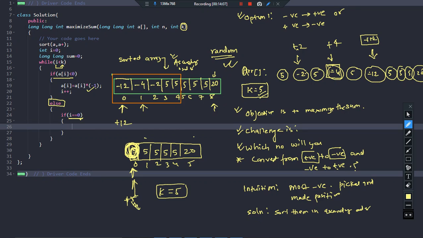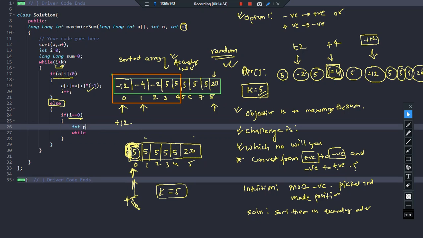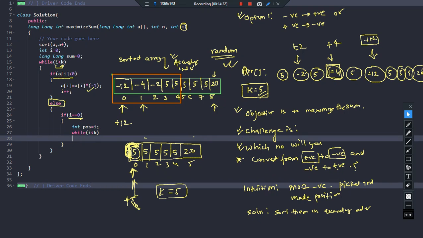So whenever I come across a case where the first element itself is a positive number, I should definitely use all the chances on this number only. So if I is equal to 0 and the number is positive, in this case I will immediately create a variable POS and store the index there, and while I less than k, again run a while loop inside.